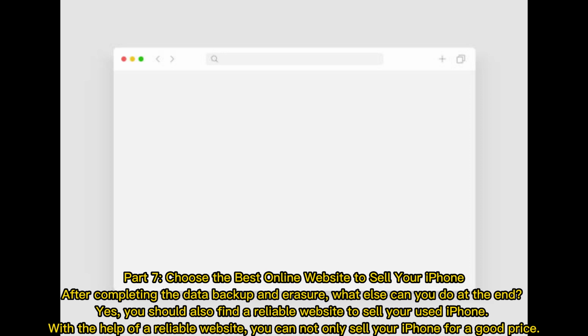Part 7. Choose the best online website to sell your iPhone. After completing the data backup and erasure, what else can you do at the end? Yes, you should also find a reliable website to sell your used iPhone. With the help of a reliable website, you can not only sell your iPhone for a good price,